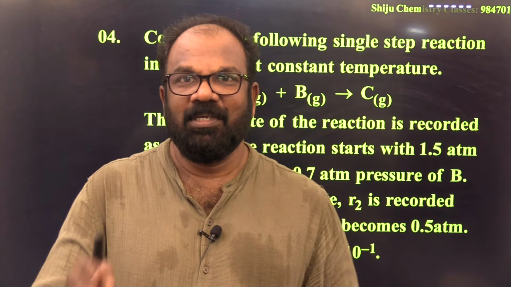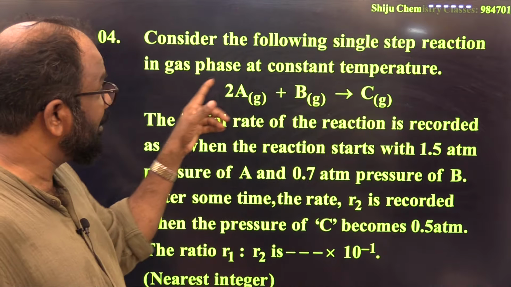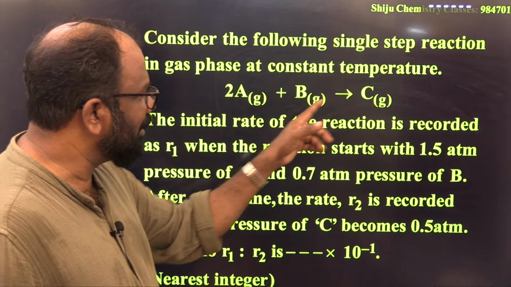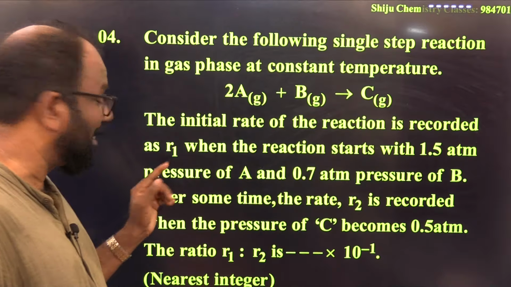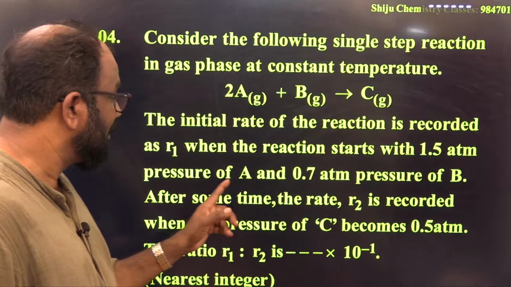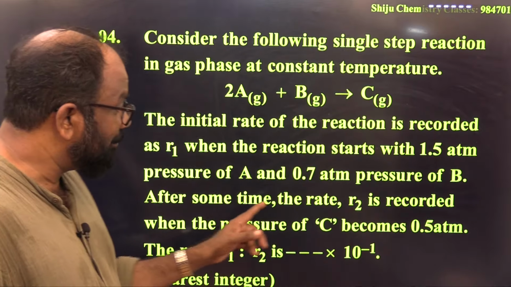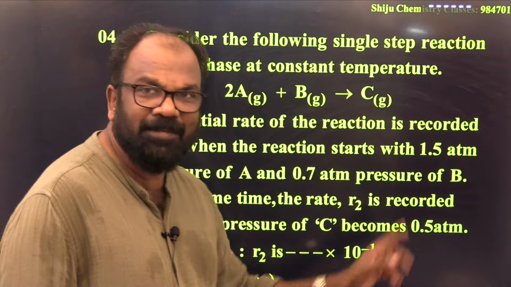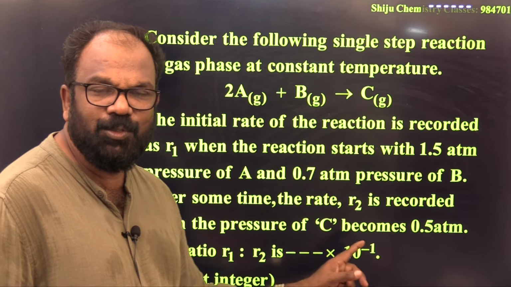Now question number 4. Listen please. Consider the following single step reaction in gas phase at constant temperature: 2A(g) + B(g) giving C(g). The initial rate of reaction is recorded as R1 when the reaction starts with 1.5 atmosphere pressure of A and 0.7 atmosphere pressure of B. After some time, the rate R2 is recorded when the pressure of C becomes 0.5 atmosphere. Then the ratio R1 to R2 is dash into 10 raised to minus 1